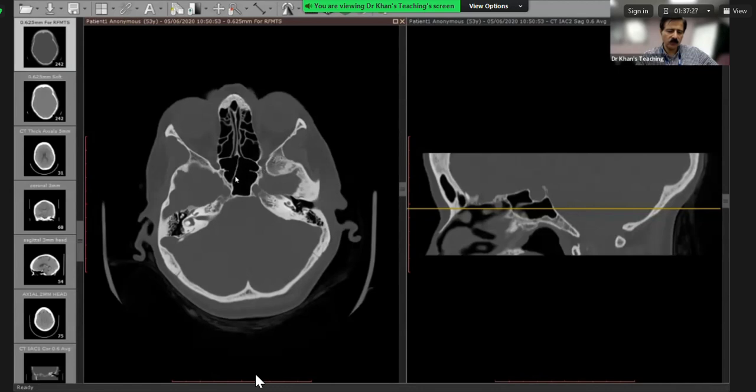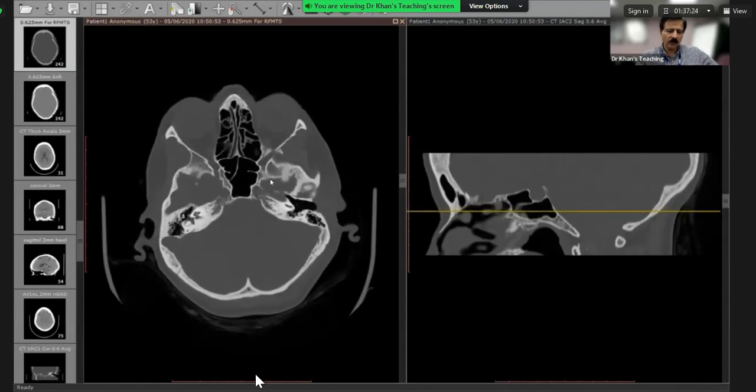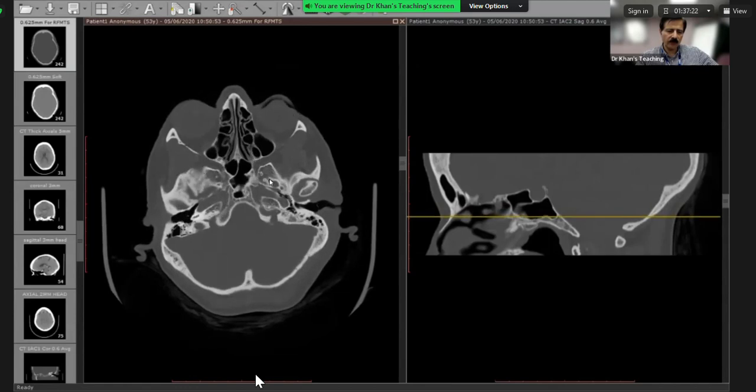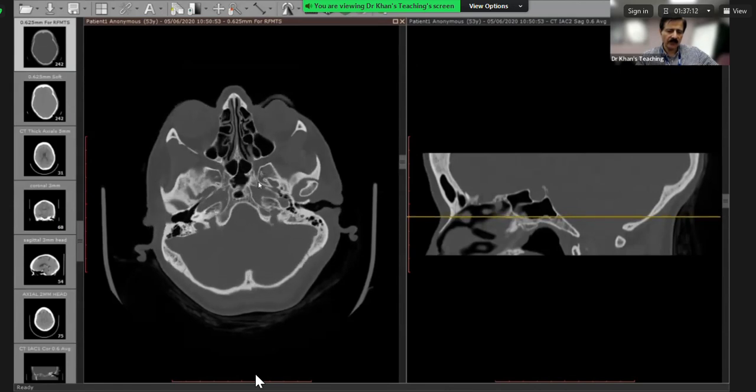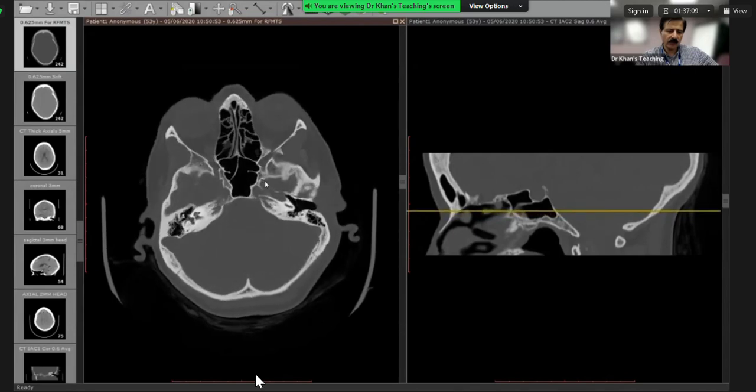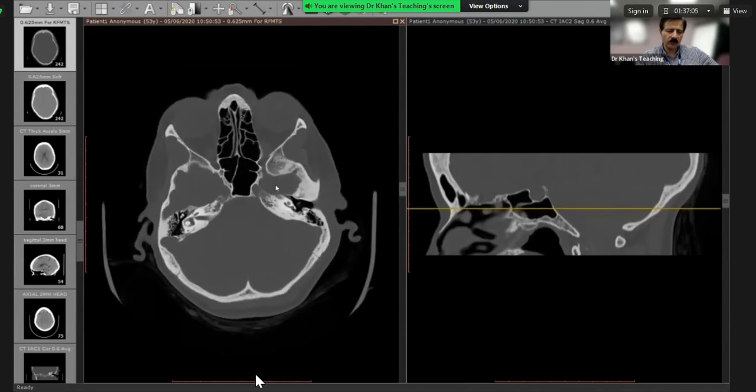And this is the sphenoid sinus. If I go further inferiorly, we have the Vidian canal here. This is the pterygopalatine fossa. So the Vidian canal, and then as I go superiorly, the foramen rotundum, and this of course is the middle cranial